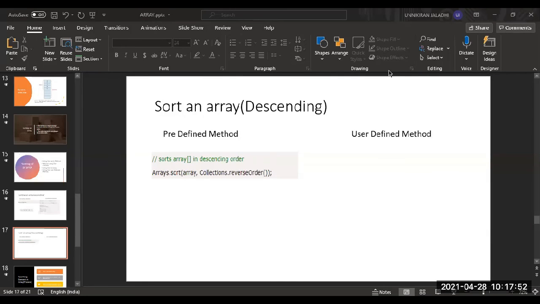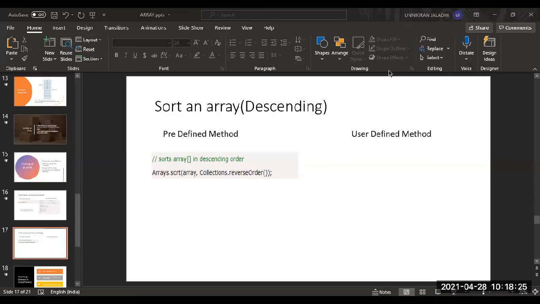Actually, the time has been completed. Tomorrow we'll discuss the same topic. It is enough for today, I think. Please make sure that there is a difference between ascending and descending orders while we are sorting with the predefined methods, and how the sorting takes place. It compares side by side elements, adjacent elements. Tomorrow we'll discuss predefined methods and user defined methods for descending order, which is also very important.